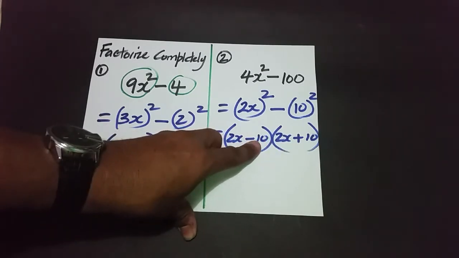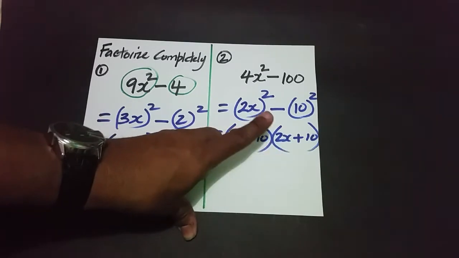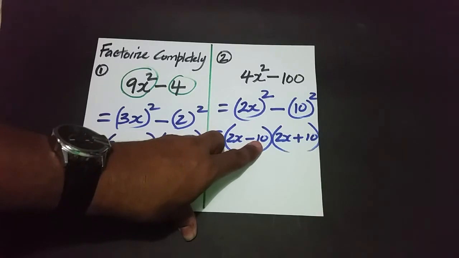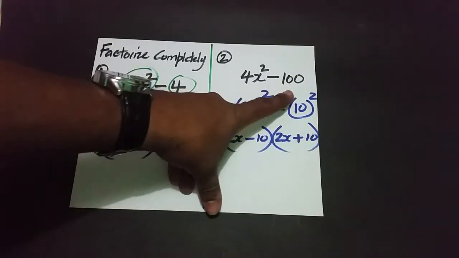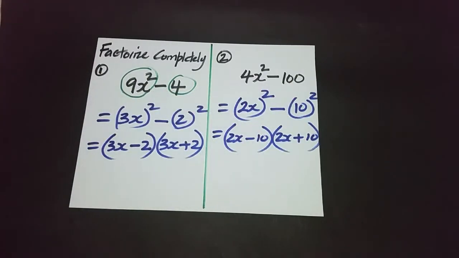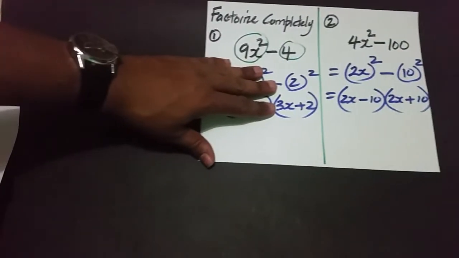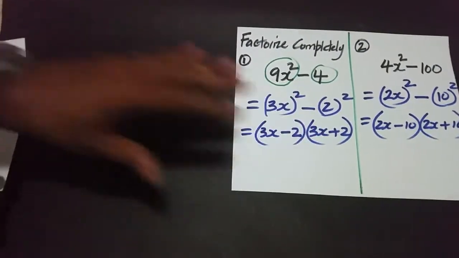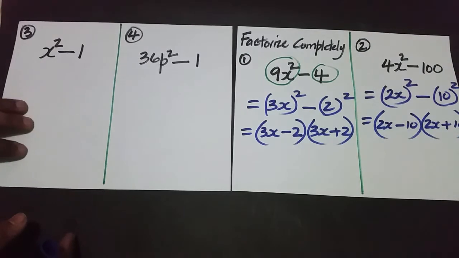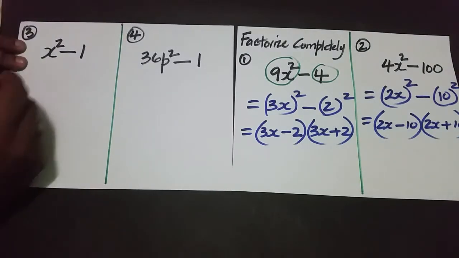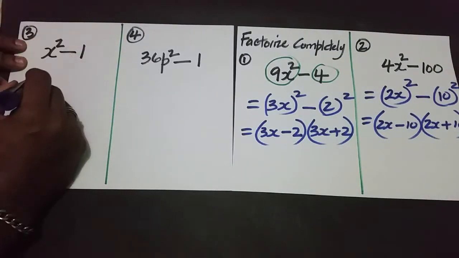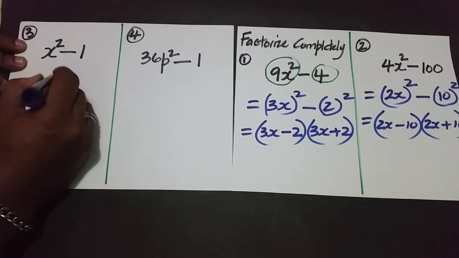Minus 10 times 2x is minus 20x, so 20x minus 20x is 0. And then minus 10 times positive 10 is minus 100. So I'm going to slide this over here so you can see the consistency with the other two that we're working here. Very easy. Again, x squared is the same as x all squared minus